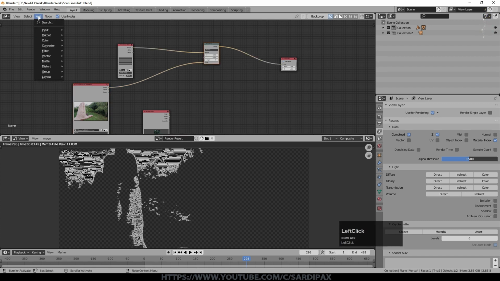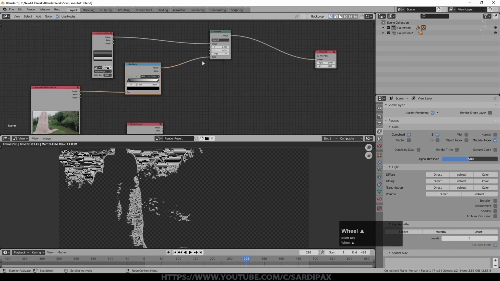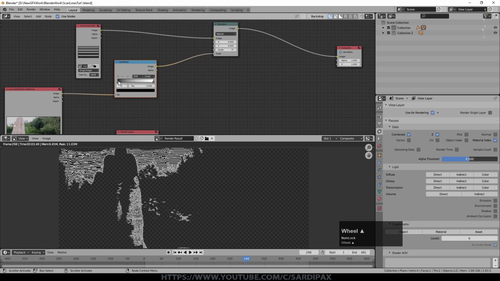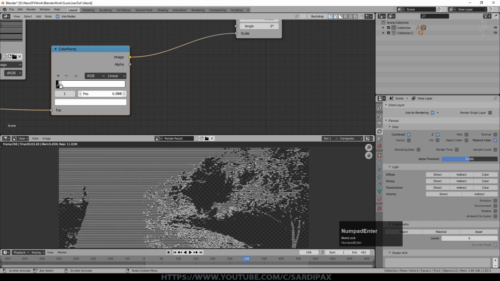So I'm now going to add a converter, which is a color ramp, and drop that in there. And this is so that I can select parts of the scene and not others. And I'll just come up a little bit on the low end. It would vary by the specific scene you're using, but I had about 0.027 for my low end, and the high end, not much bigger than that, 0.068. As I say, it will vary by the scene.